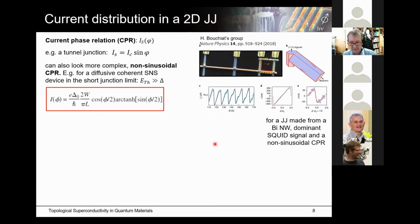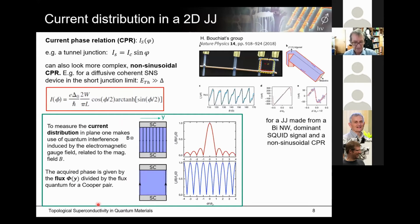So one has to keep this in mind, because in the analysis which I just described in the following, the assumption is made that it's sinusoidal. So what people usually do, or we also do, we take a sample which has some 2D material where current can flow in the plane, and if the current flows between two superconductors, a Josephson junction, say homogeneously, then when you apply a perpendicular magnetic field, there's a phase gradient appearing. This is the phase here, the phase gradient in the y direction, and we have to sum up all this